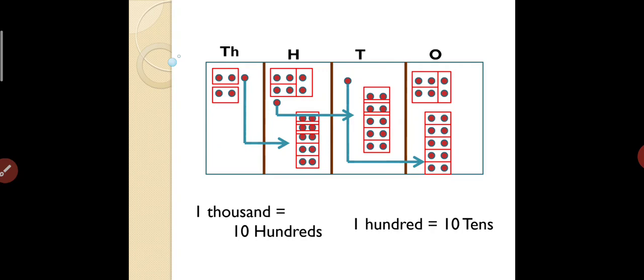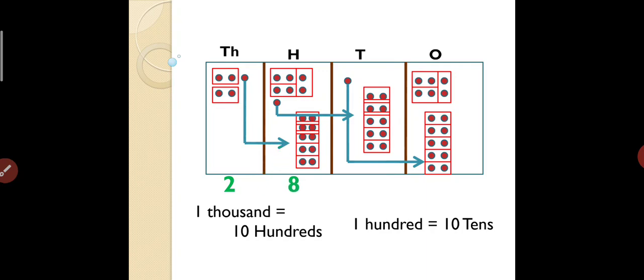How to write the answer? See, 1000 place, how many boxes do you have? Write the number of boxes in each place, then you will get the answer directly. 1000 place, how many boxes? We have 2 boxes. 100th place, how many boxes do you find? You had earlier 3 boxes and again 5 more boxes in the 100 place. Total you have 8 boxes. Write the number of boxes.